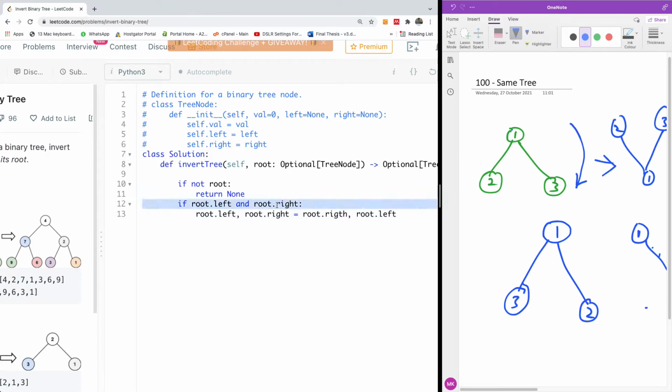Actually, we don't need this if statement here, because even if there's no right and left, both of them are null, you can also do the swap. So once you do this, these are the base cases, and we are simply going to recursively call invert tree. So I'm going to now call the invert tree on the left and on the right. So I'm going to say self.invertTree, and I'm going to give it root.right,